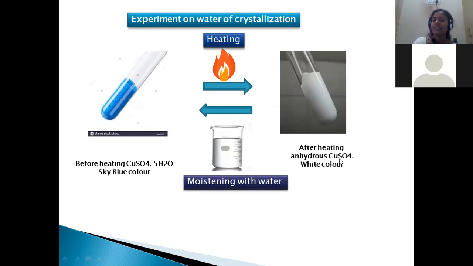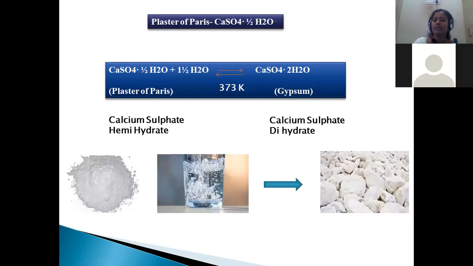The white color substance is dry copper sulfate. Dry copper sulfate, upon addition of water, turns back into blue copper sulfate 5H2O. By this, you can understand that water is associated with some crystalline substances during their crystallization, right? So sodium carbonate 10H2O was completed, which is known as washing soda.